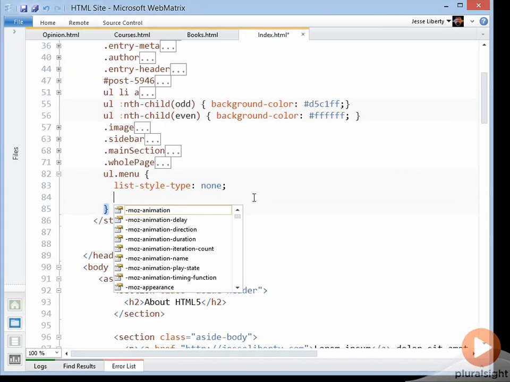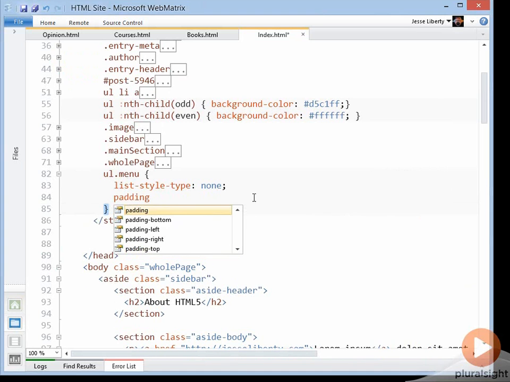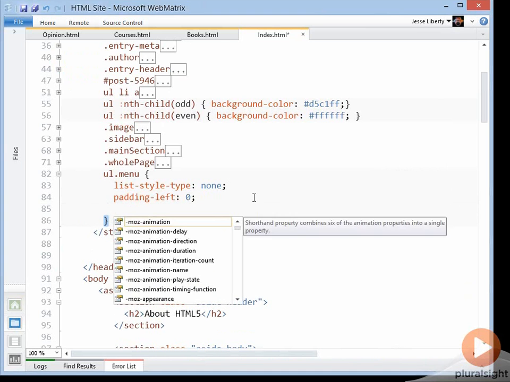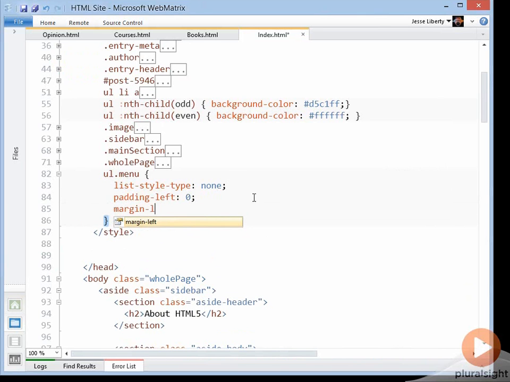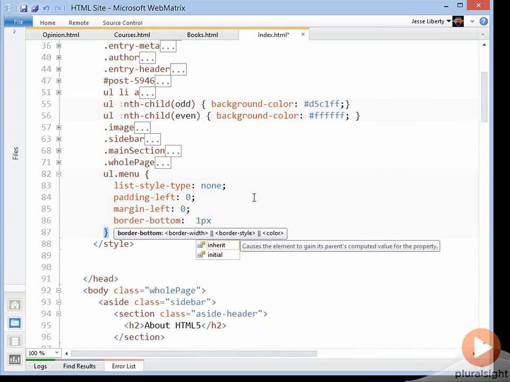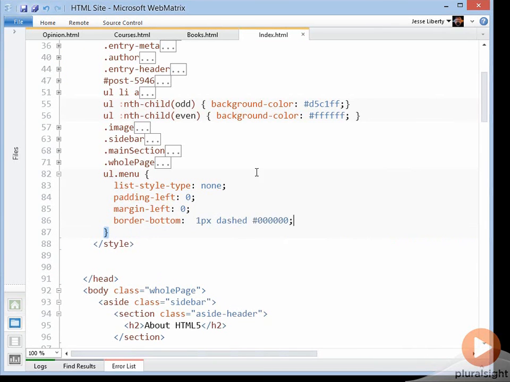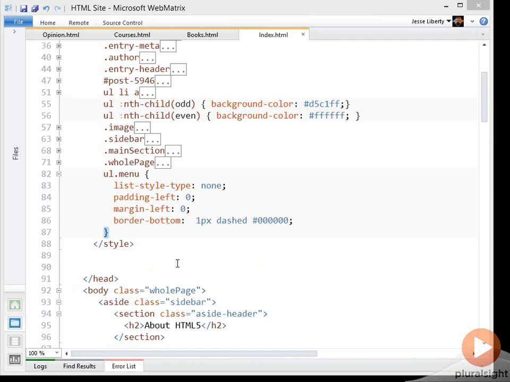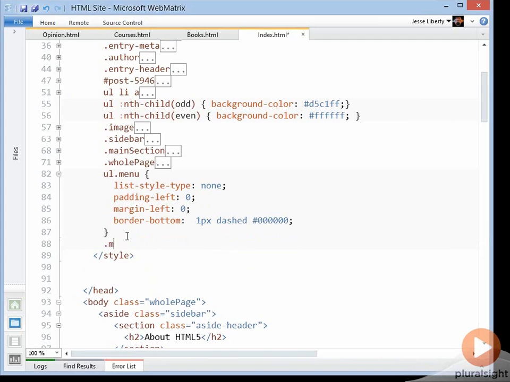Next, we're going to set the padding left to 0, and we'll set the margin left to 0, and we'll set the border bottom to be a 1-pixel border that is dashed, and we'll set the color for that. Let's save that and look at the results. Looking much better already. We want to change the style of each LI item,